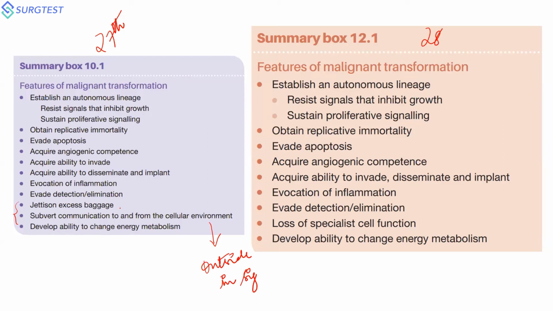And jettisons excess baggage is loss of normal cell function. So whenever there is excess of normal multiplication of cells, they lose the resemblance to the underlying normal epithelium from which they arise. So they lose the ability to multiply or ability to function. If it is adenocarcinoma, those poorly differentiated tumors do not secrete compared to those of the normal well-differentiated counterparts, which resembles the secretory function of the underlying mechanism of cells.